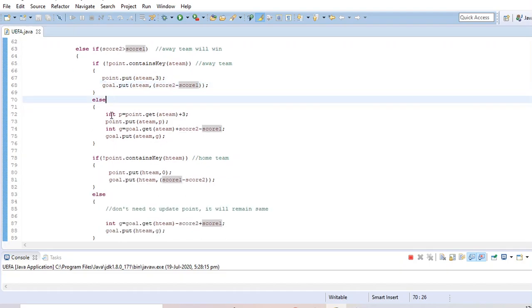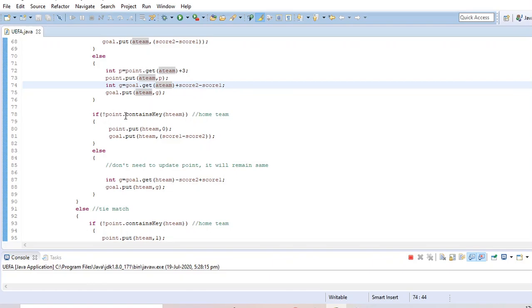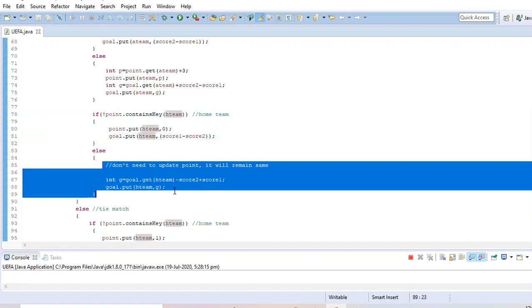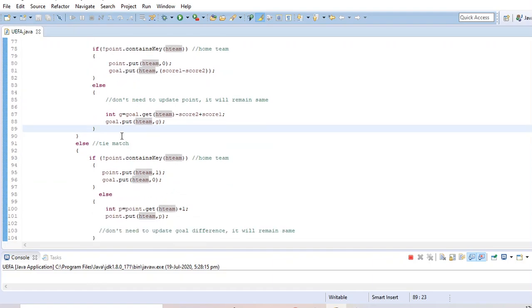Then if present, the same way I increase the point and goal difference. Then for the home team, I put their value if they do not exist in the table. If they do, then I increase the goal in the goal hash table. In that case, it will be decreased.